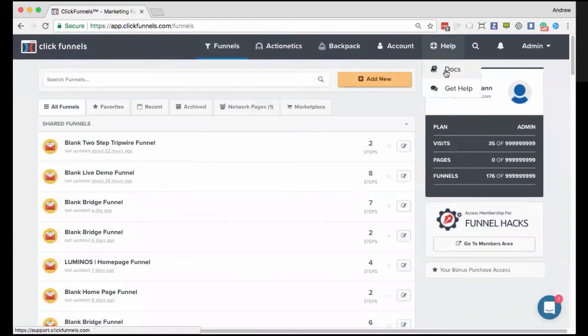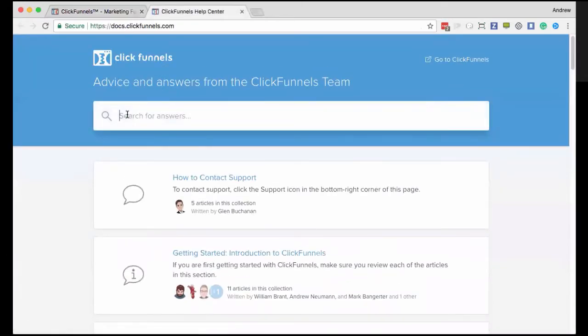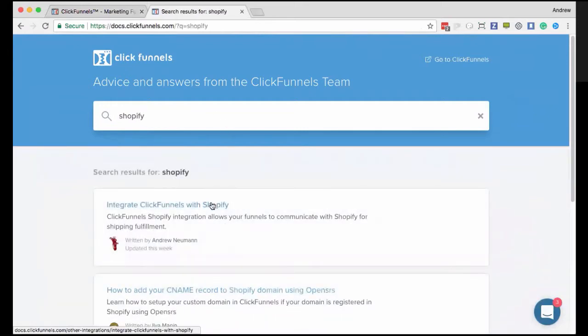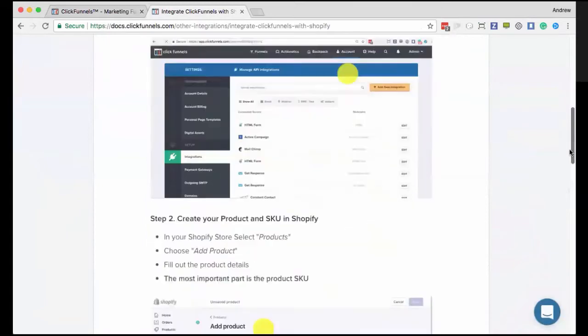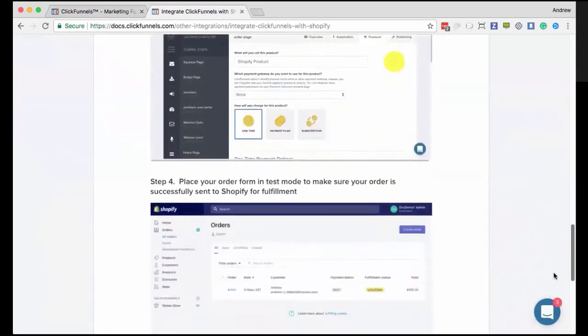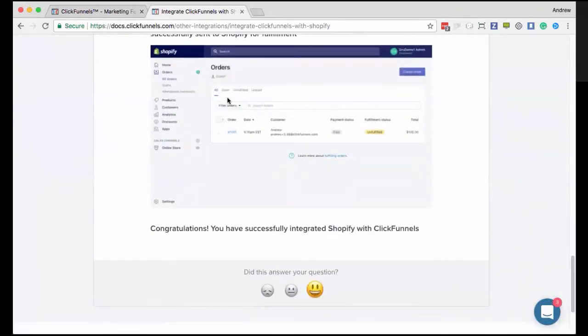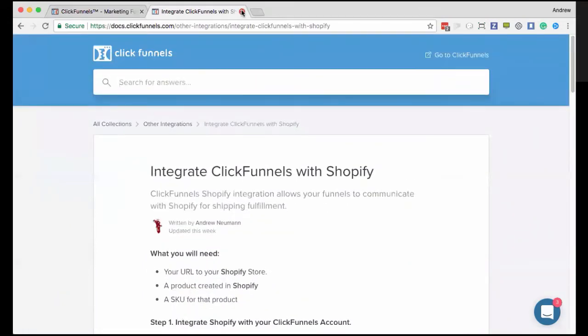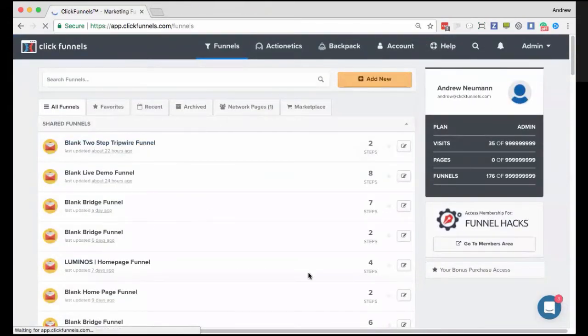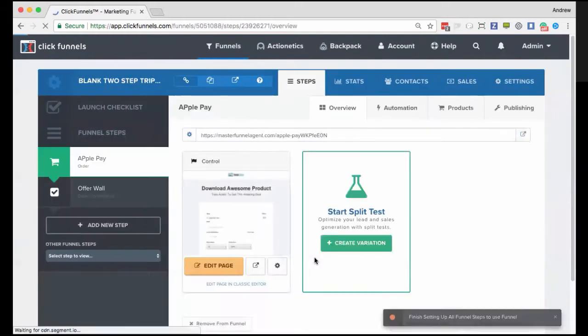But we do have an article that walks you through this entire process here inside our knowledge base right here. And you can see the procedure that it takes, see how it goes all the way down through creating the product, as well as it successfully posting to your Shopify account there, and then being able to fulfill the order from the Shopify side. So hopefully that helps give you a little bit more detail, as well as some inspiration for some new questions possibly.